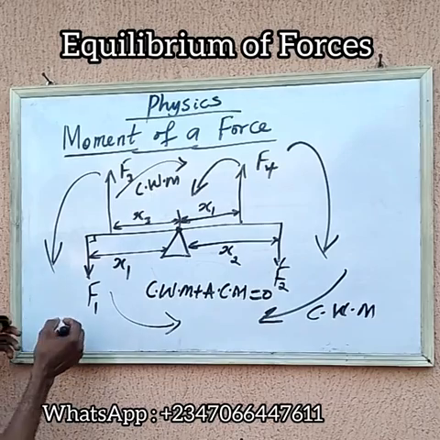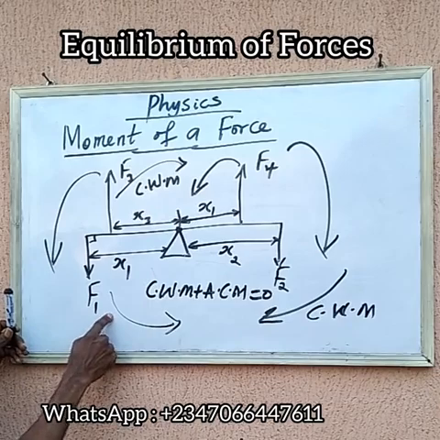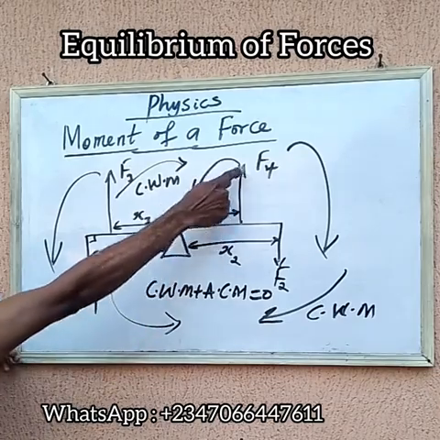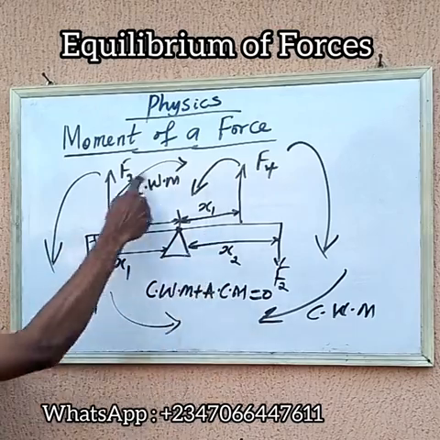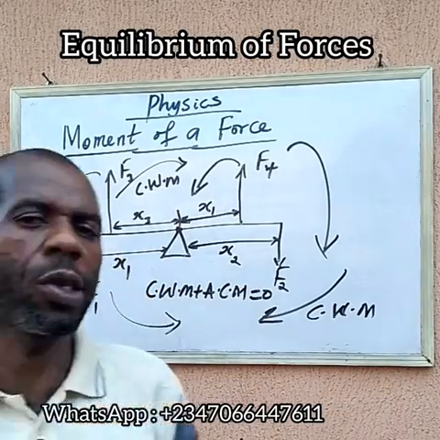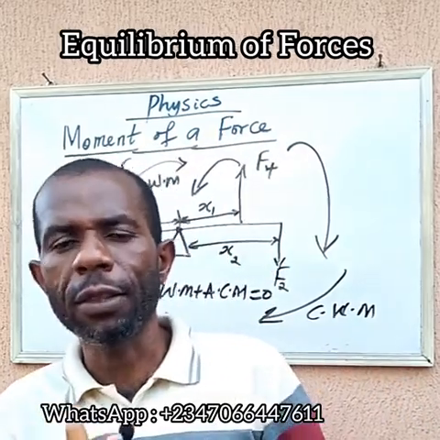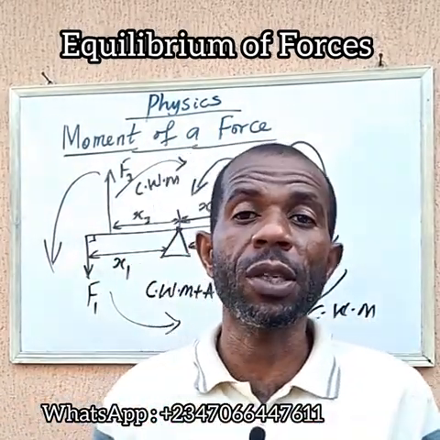Now, where are the anti-clockwise moments? Look at this one. This one is anti-clockwise, and this one is anti-clockwise. Look at it, it's coming this way now. Then F1 is going like this, so both of them are moving in the same direction. So in this analysis, you should be able to identify which of the forces, it could be several forces, are acting